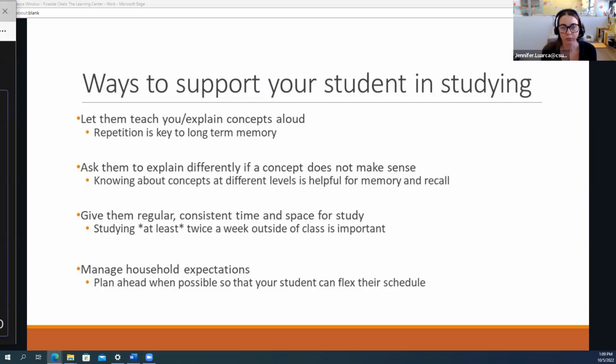Make sure that, as we said earlier, giving them the time and space to have alone to study is really important. That's a pillar of supporting their success. So we encourage students outside of class that they sit down and study at least 2 hours twice a week for a course that's mid-level. They're not too worried, not too stressed, but they do need to keep maintenance with that course.